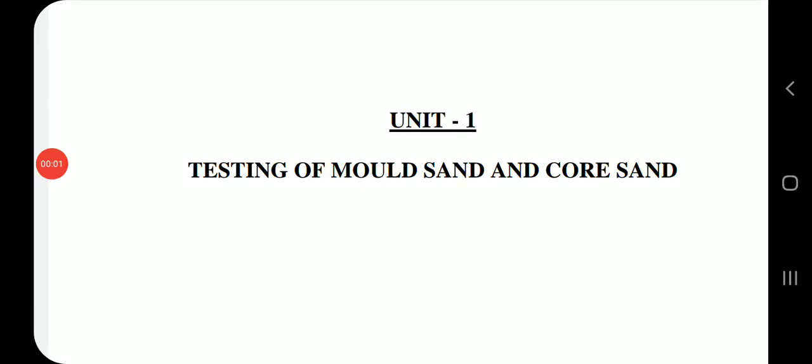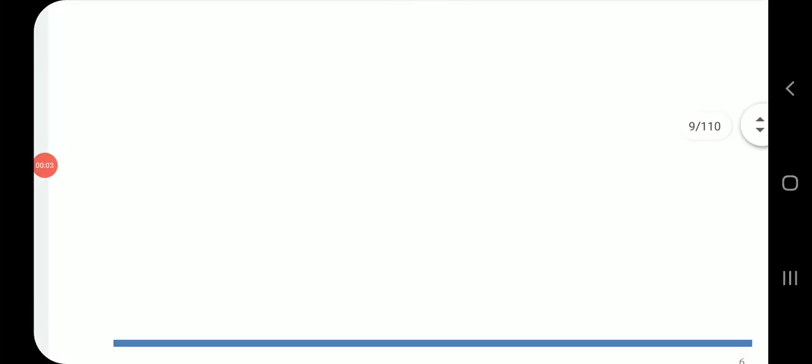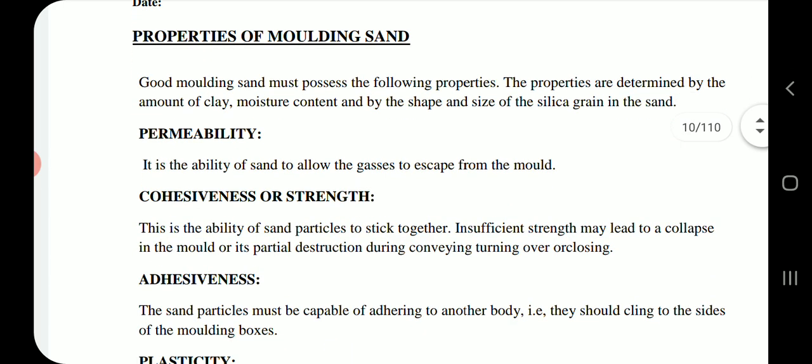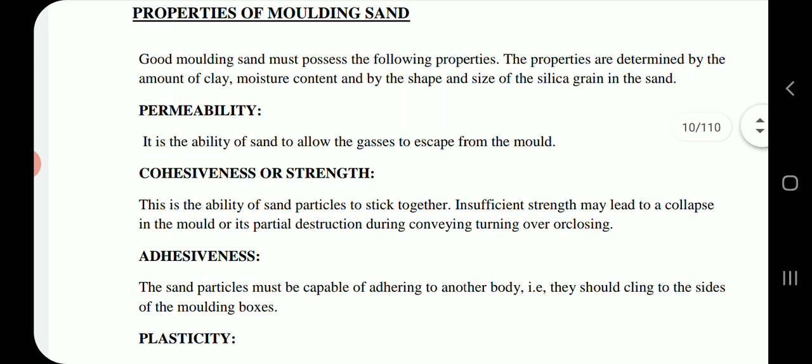Unit 1, Testing of mold sand and core sand. Properties of molding sand. Good molding sand must possess the following properties. The properties are determined by the amount of clay, moisture content, and by shape and size of the silica grain